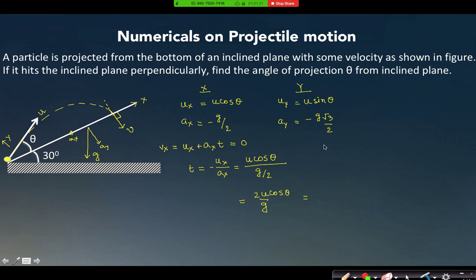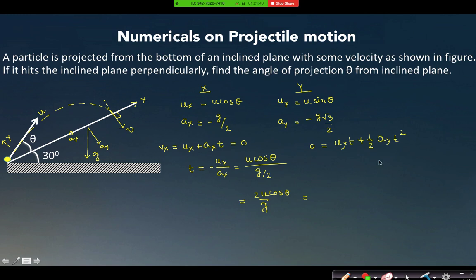Yes, it is 0, because it starts from here and comes back here. So what is the y displacement of the particle? It is 0. So if we use this equation, s equal to ut plus half at square,